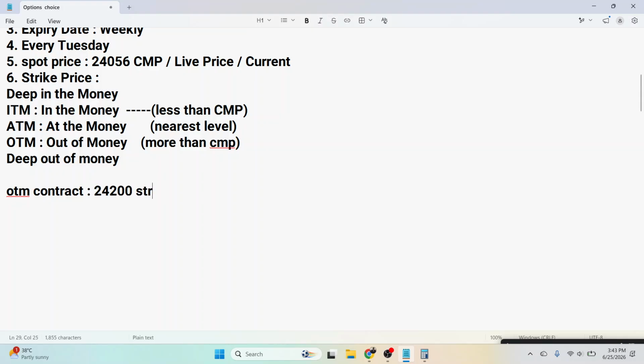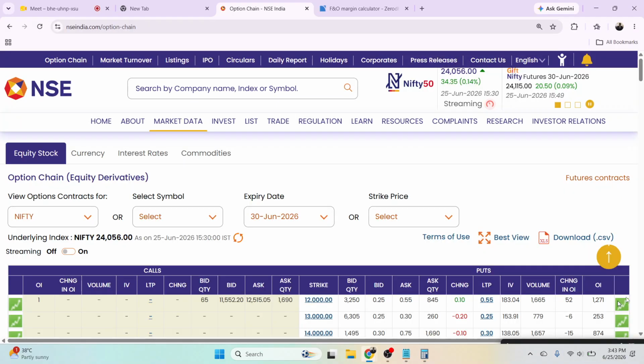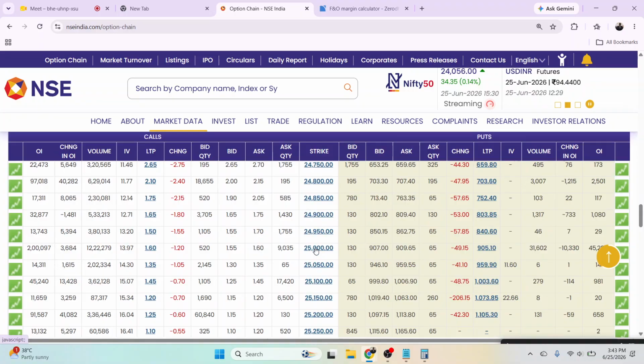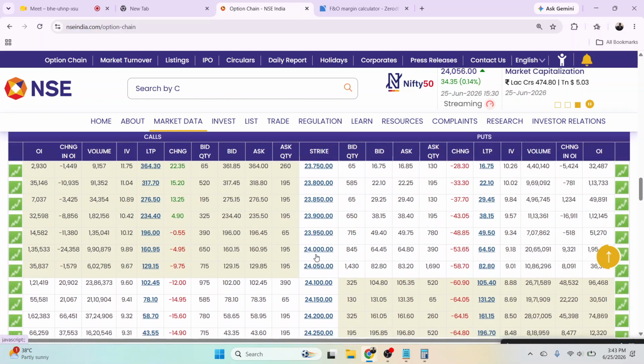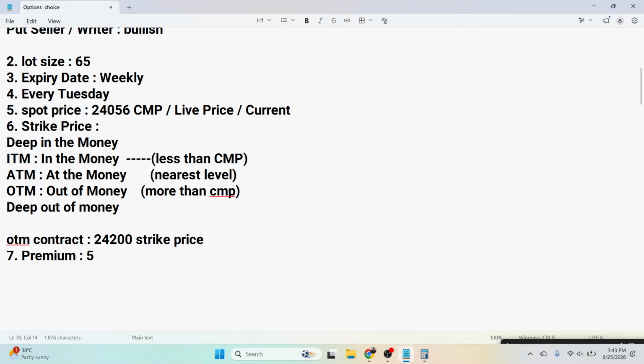24,200 की स्ट्राइक प्राइस, ओके। नाउ अगेंस्ट एवरी स्ट्राइक प्राइस देर इज अ प्रीमियम, तो आफ्टर द स्ट्राइक प्राइस नेक्स्ट टॉपिक इज प्रीमियम। तो प्रीमियम इज द अमाउंट यू आर पेइंग टू मेक दिस कॉन्ट्रैक्ट, ठीक है। तो आप इस कॉन्ट्रैक्ट को बनाने के लिए कितना प्रीमियम पे कर रहे हो, दैट इज नोन एज द प्रीमियम, and that changes according to the change in the price, okay। तो for 24,200 we have to pay only 58 rupees मान लेते हैं, 70 पैसा फिलहाल इग्नोर कर देते हैं, तो 58 is the LTP or the premium you are paying।